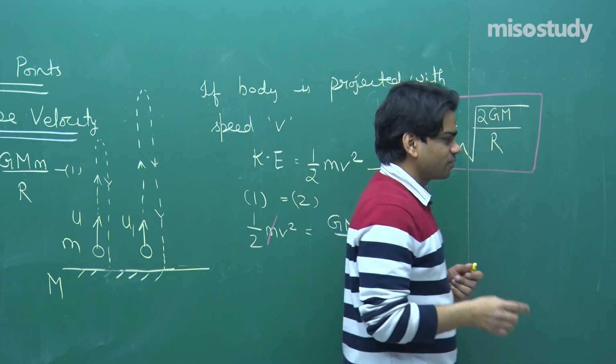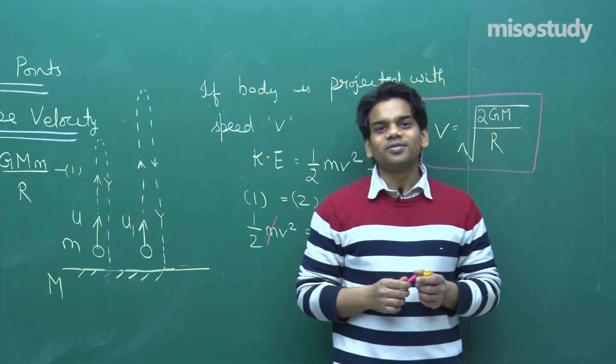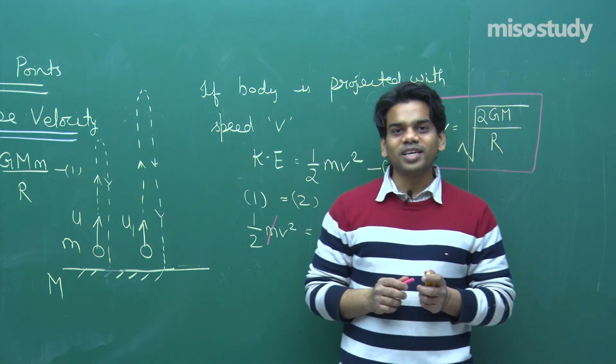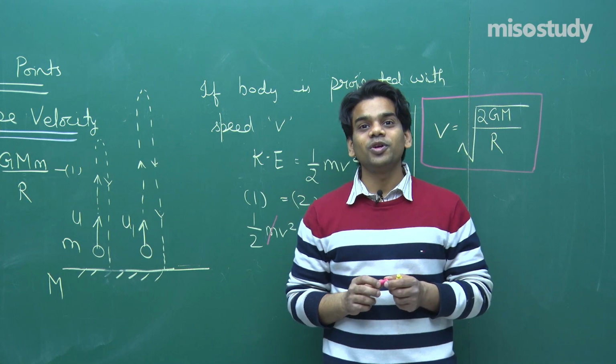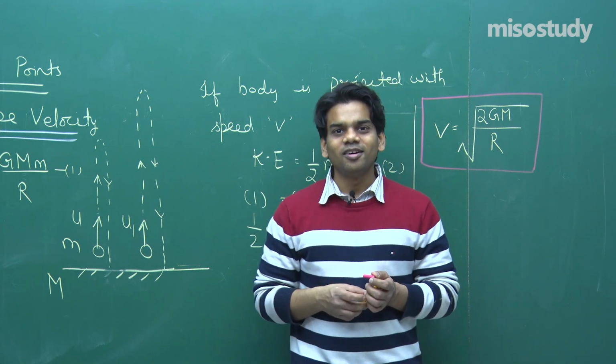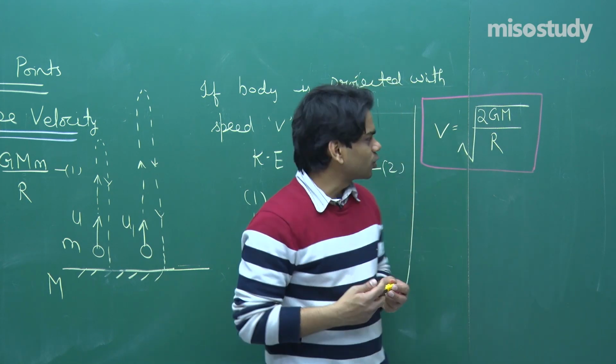Simple and easy to derive. What do we mean by this? We mean that if you give an object this much speed, it is going to be relieved from the Earth's gravitational field. Proceeding further ahead,